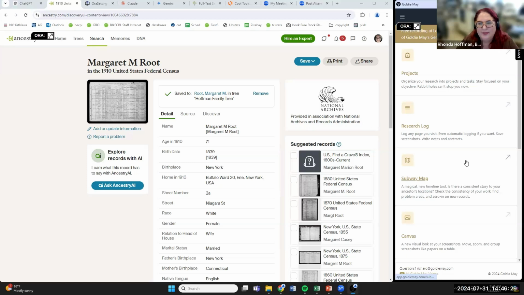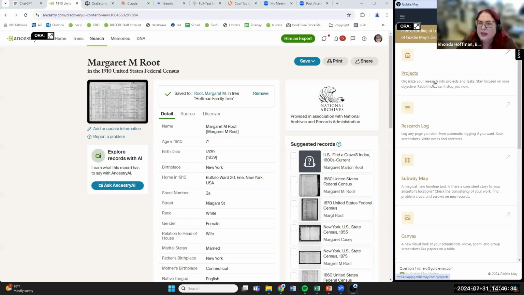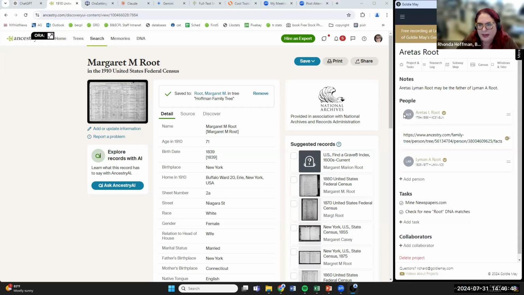And then it does multiple things. First, I'll show you projects, and I'll show you a citation within a project. So it's good for project planning. You can click to make a new project. I have this project already started for my ancestor Aratus Root. And what you can do is,